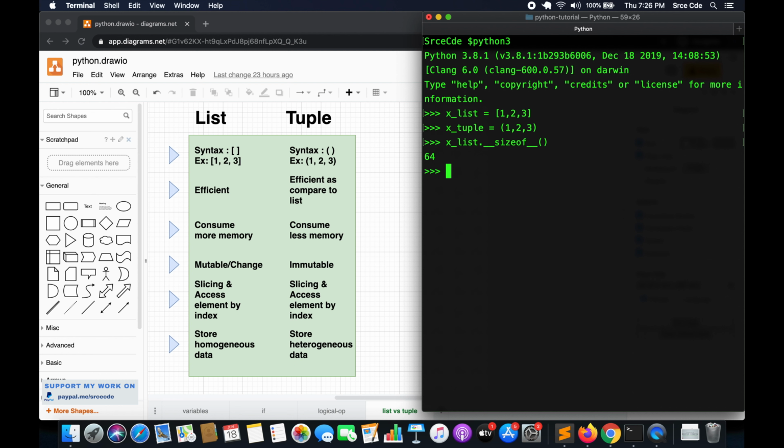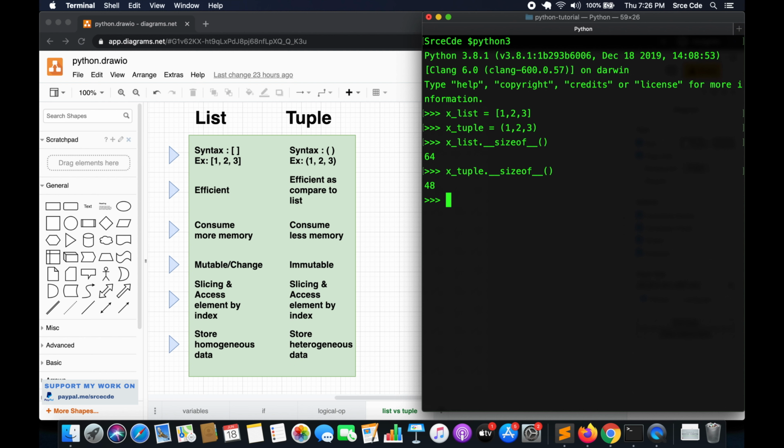This sizeof method returns the size of the object in bytes. Now if I perform the same operation on x_tuple, it returns 48.